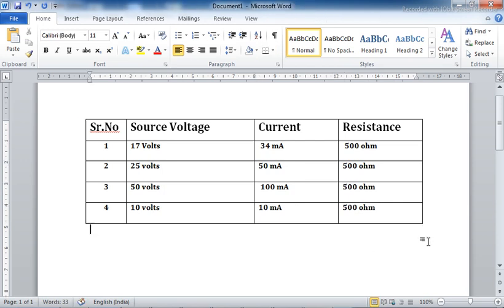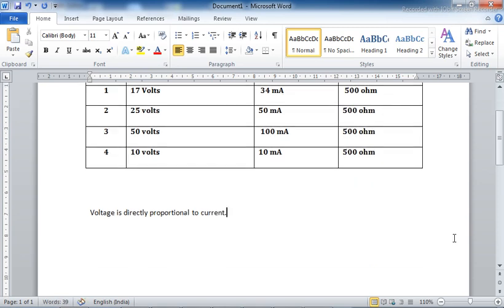Means what can we say? Voltage is directly proportional to current, is it correct? There is a confusion in this sentence. Many people get confused about whether voltage is directly proportional to current or current is directly proportional to voltage. So remember that this sentence is wrong.